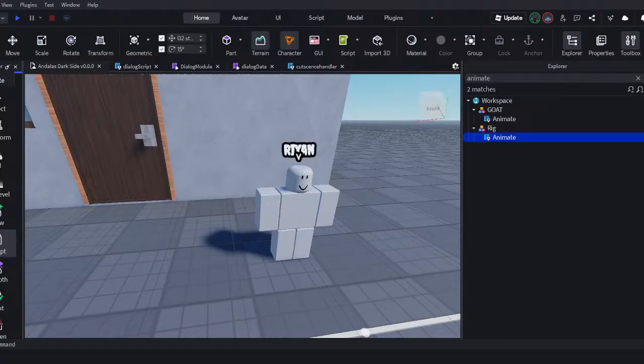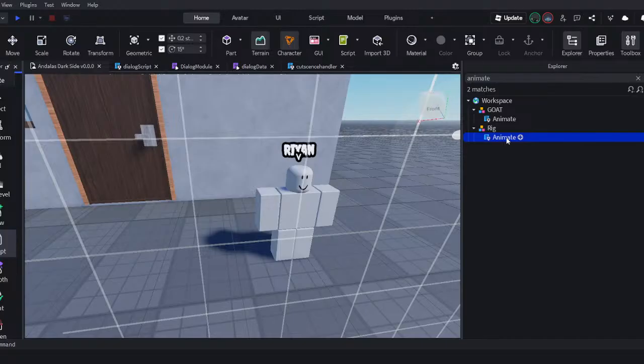Now what you want to do is you want to paste that script. Now you can stop running the game. Now what you want to do is you want to